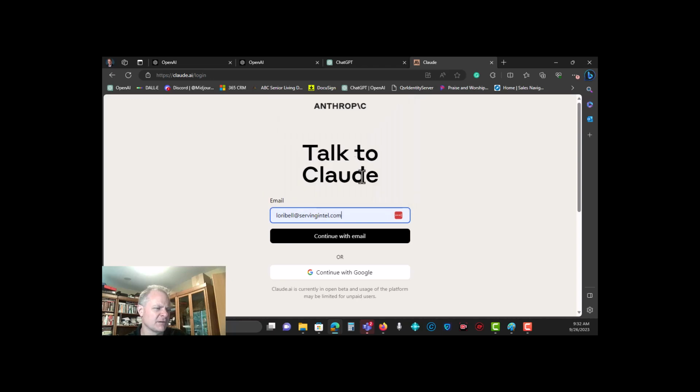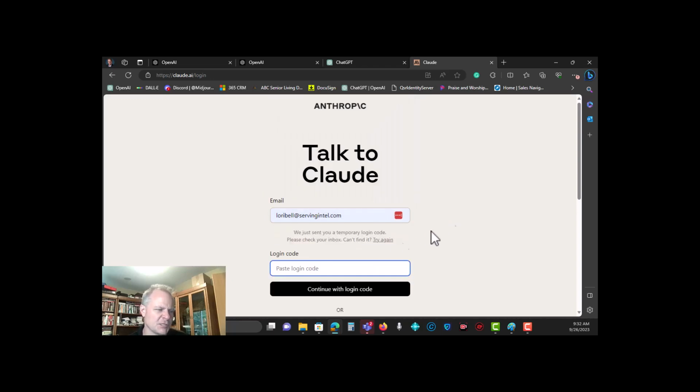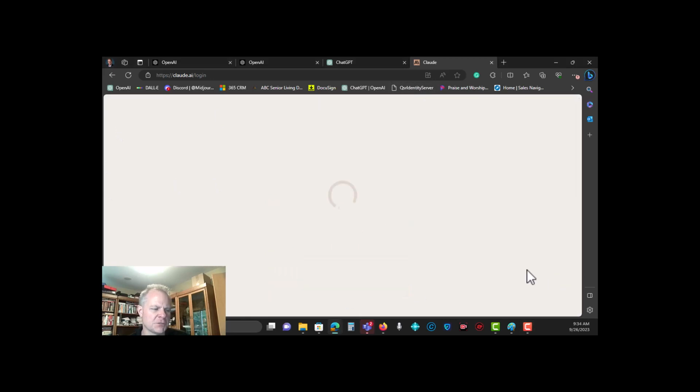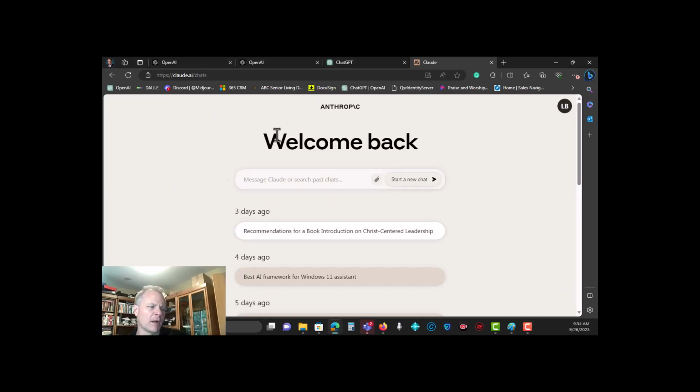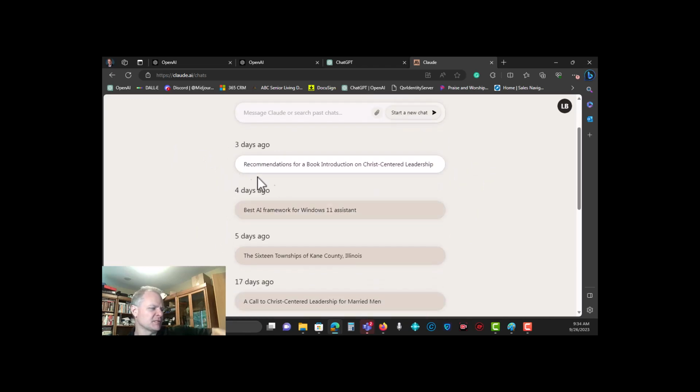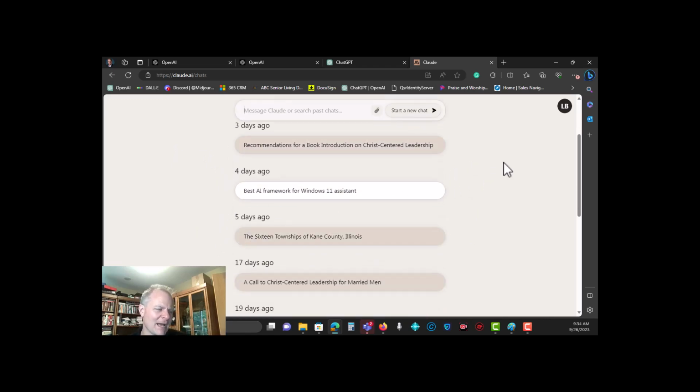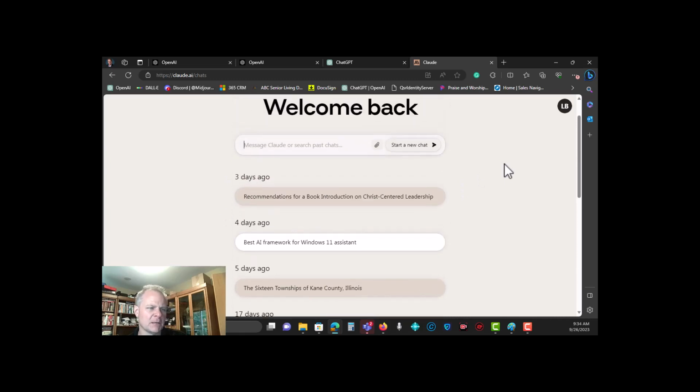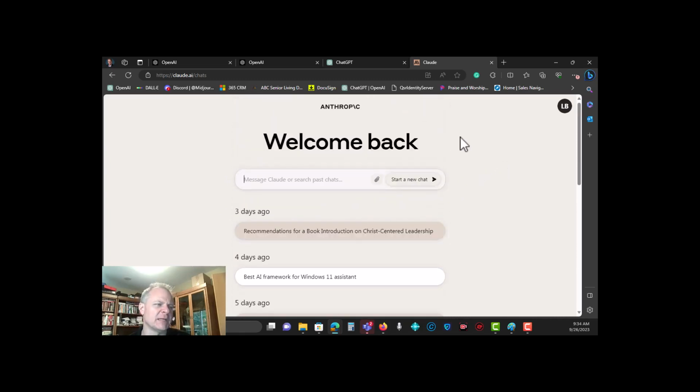Kind of a stinker every time you go here, it's going to send you a token, a login code that goes to your email. I'll grab that because I want you to see what you're going to see when you sign in for the first time. All right, I have my unique token. Once you've got an account and you're right into the system, this is what you're going to see. It's a little different orientation, but you're going to see the conversations that you've had over however many weeks or days that you've been in the system.